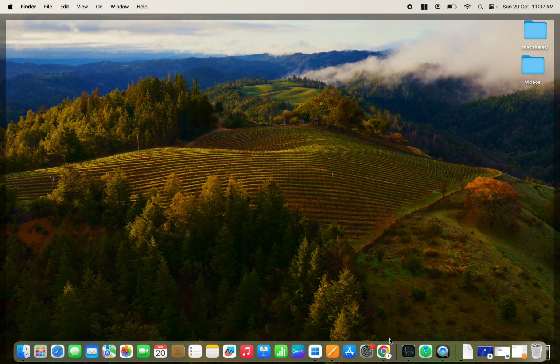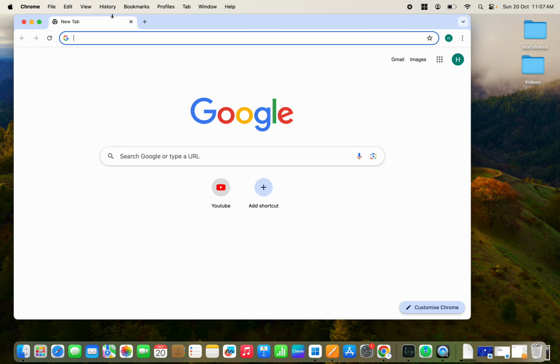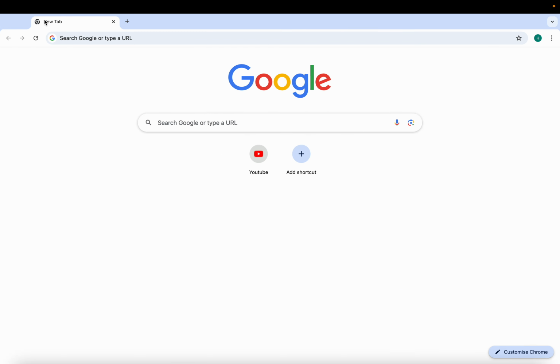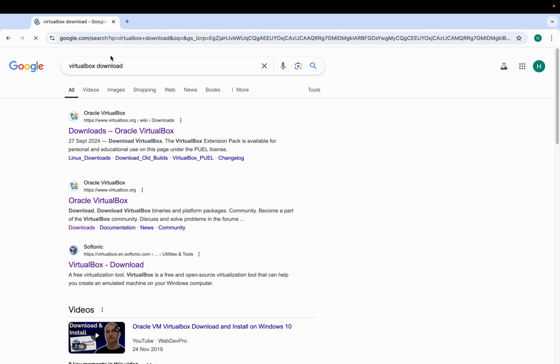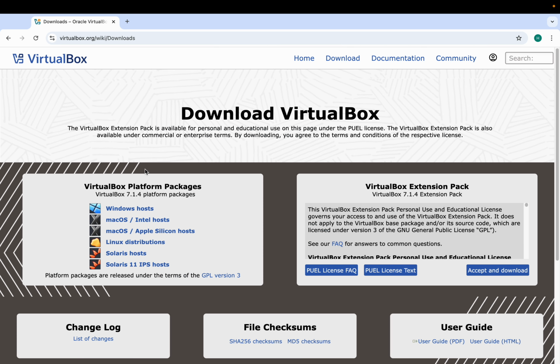First of all, open any browser which you use. I generally use the Google Chrome, and on the search bar we need to type here VirtualBox download. Once you search the VirtualBox download, go to first official link of the VirtualBox, and inside here you will see